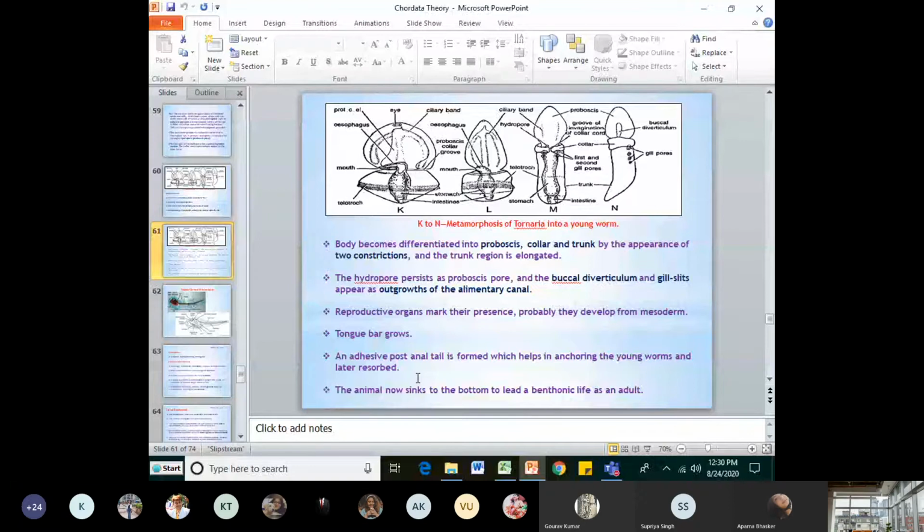It is not supported by any endoskeleton. It is temporary, formed for temporarily anchoring the young worm to the substratum. The animal now sinks to the bottom to lead a benthonic life as an adult. So it becomes tubicolous. It starts burrowing, making tubes, and then it starts living in these tubes. So this is all about the